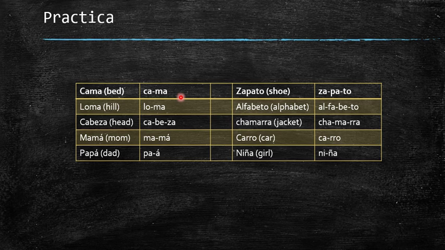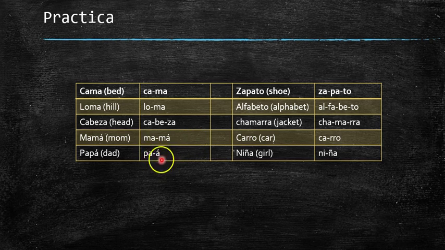And I have included a table that's going to help you too with every single consonant, and you include the vowel. Okay, so now loma is a hill. Loma. Head, cabeza. Mamá, oh mom, mamá. There's emphasis on the last vowel because it has a tilde or an accent mark. So that means there's emphasis on that. If you don't have it, then it's not a very appropriate word to say out loud. So you always say mamá,